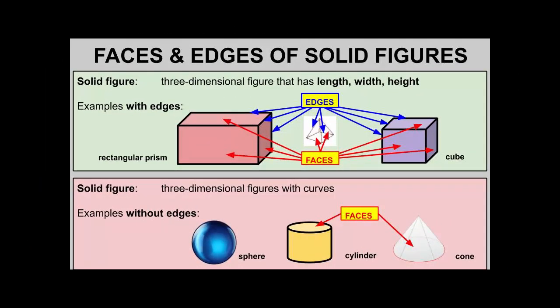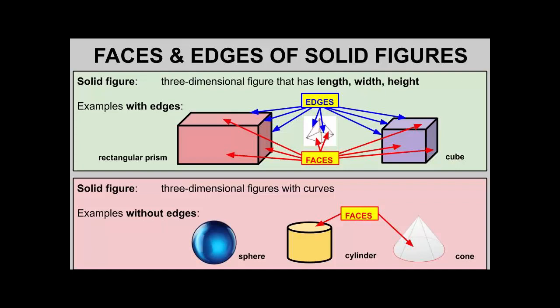When we first look at this slide, it appears very confusing. But if we take apart each of the details, we'll find that this really isn't very difficult to understand. So first, let's look at the faces of a solid figure that has edges. The faces are shown by the red arrows. You can see that not every face will have an arrow to it because there's faces that we cannot see